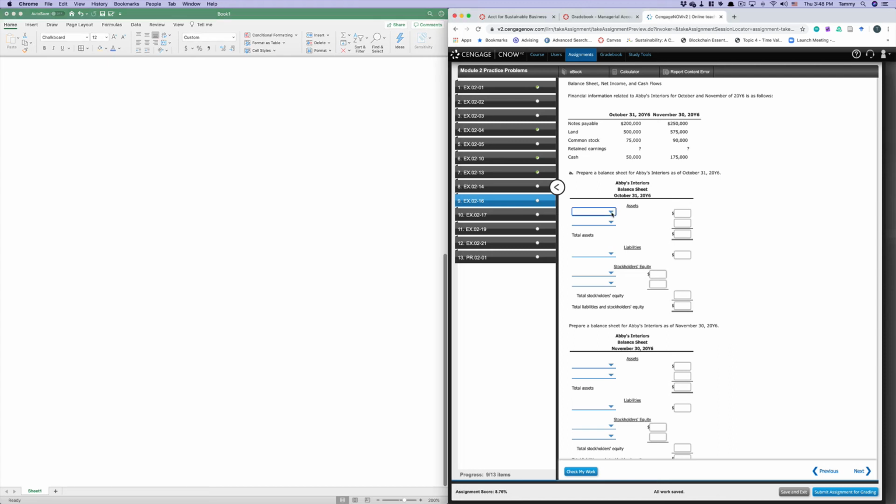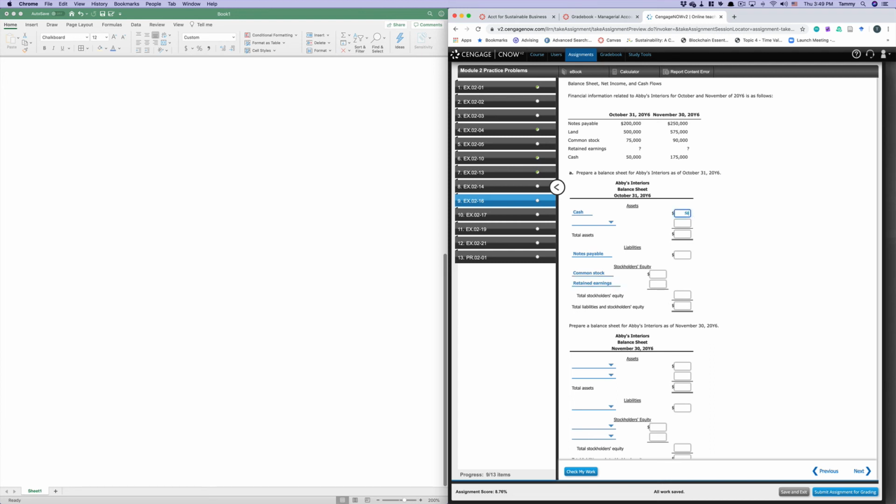You just go through and pick the asset and liability accounts here, notes payable, etc. Stock and retained earnings, right? So you pick those and you pick up the balances. The only issue here is that normally I'd have you do these in Excel first and then fill in the numbers. But in this case, it's just as easy to do it over here, fill in the values that you see,